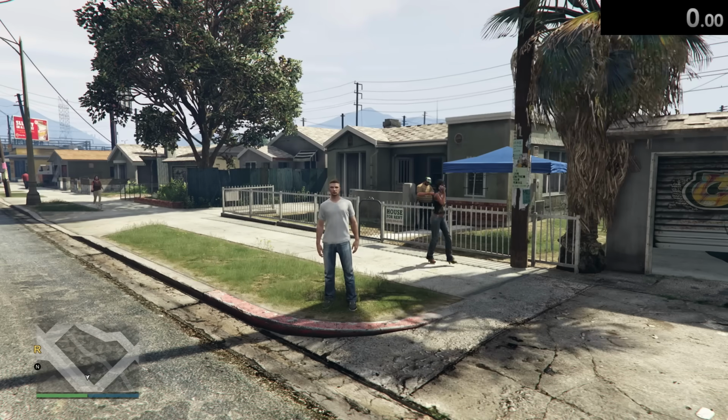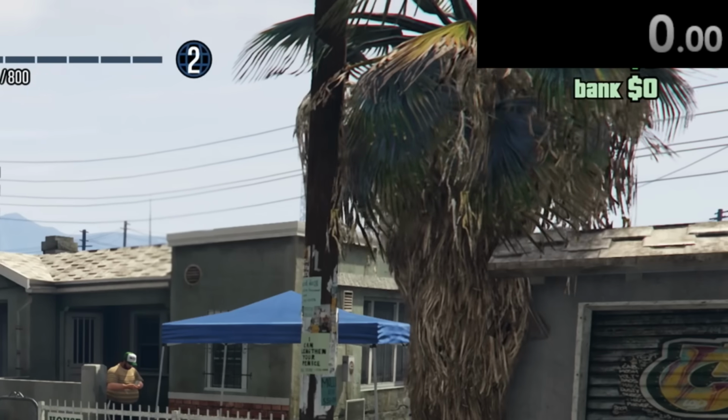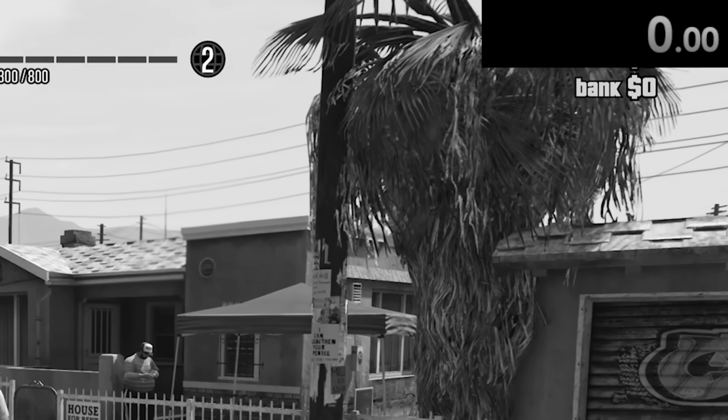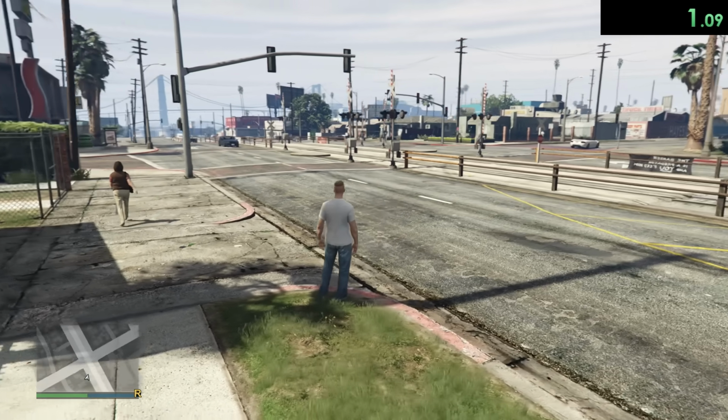So here we are on our new level 1 character. As you can see, we are level 1 and have $0 in the bank. And yes, I realize I have the timer over the money. I realized this about an hour into the playthrough, like the idiot I am, and fixed it, so don't worry about it too much. So why don't we go ahead and start the timer,